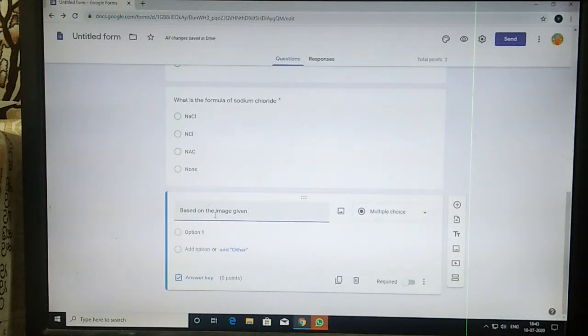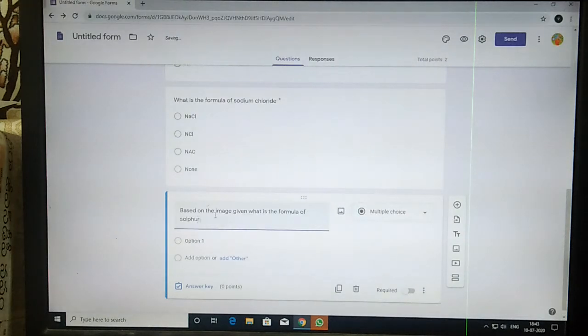Based on the image given. I have typed some question here. I want to give some image here.